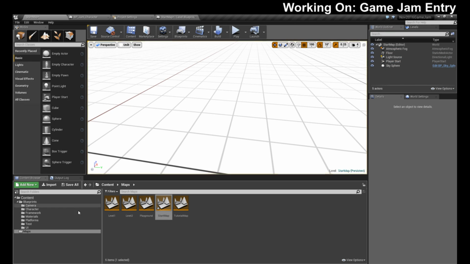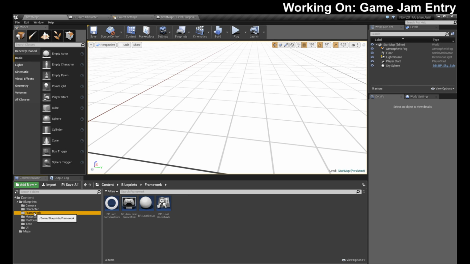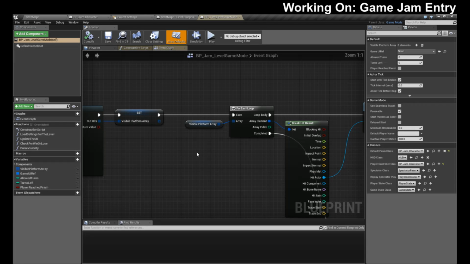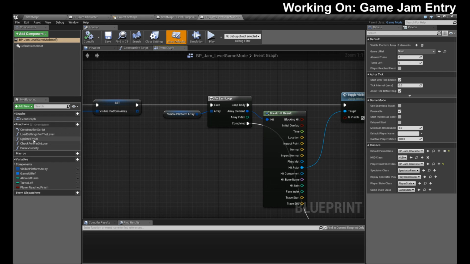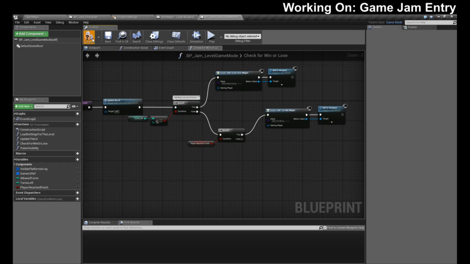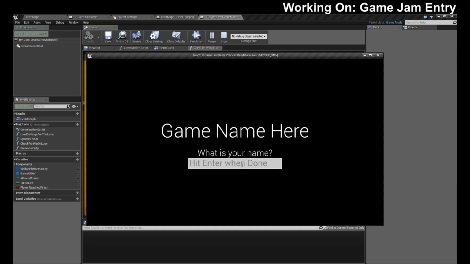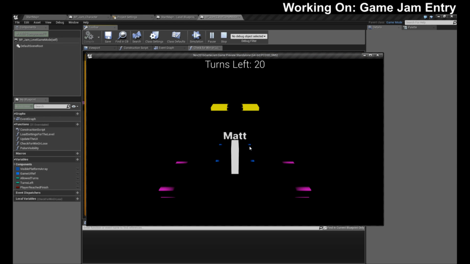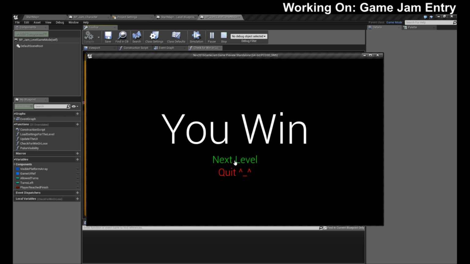Okay, so that is a bug with the check for win or lose. How did the game over and the you win screen both get shown? Find out if we can duplicate that, because there's the you win,